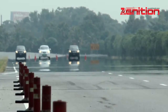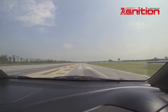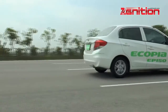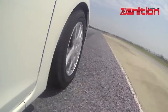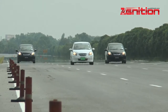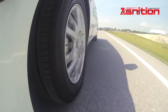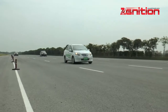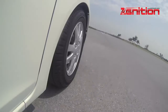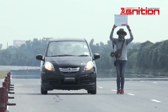With the math done, we headed to Bridgestone's massive proving ground in Thailand to see how these tires fare on the road in terms of the way they respond and perform by putting them through various tests, starting with the free rolling resistance test. For the uninitiated, rolling resistance is the force required to roll a tire. More the resistance, more the fuel required to power the vehicle, thereby leading to higher CO2 emissions. For the test, 3 identical cars fitted with 3 different sets of tires were driven together at a controlled speed of 50 km per hour. As the cars approached a marker, they were slipped into neutral to see how far they would roll. Not surprisingly, the car with the Ecopia tires traveled the farthest, 108.6 meters more than the competitor tire, owing to